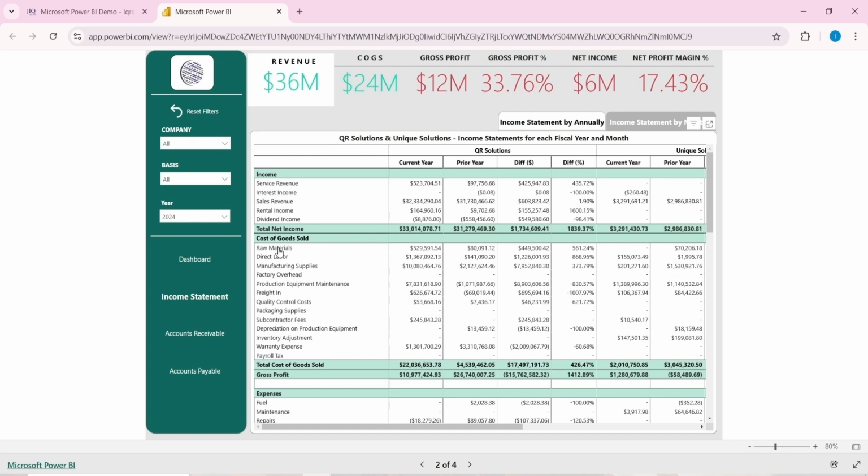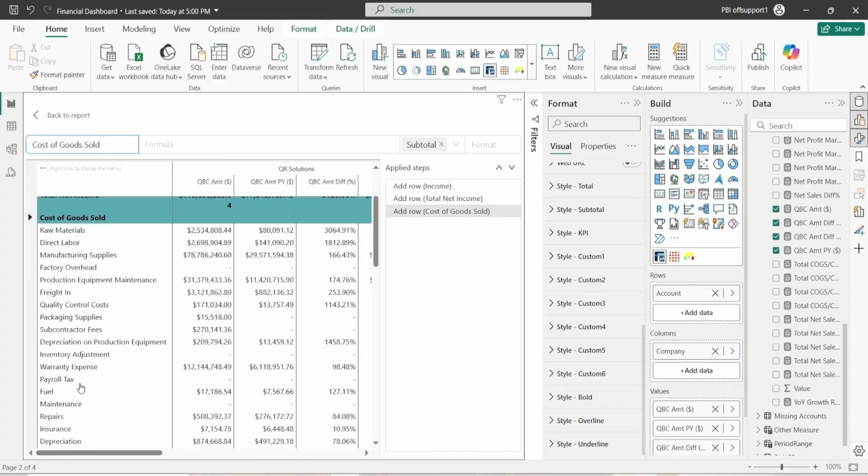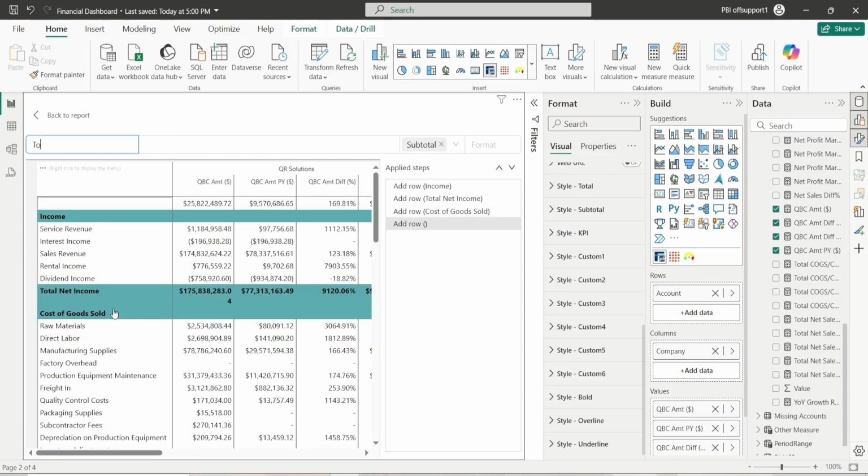These are the accounts, and the addition of all these accounts is total cost of goods sold. So we have to add after payroll tax, total cost of goods sold,